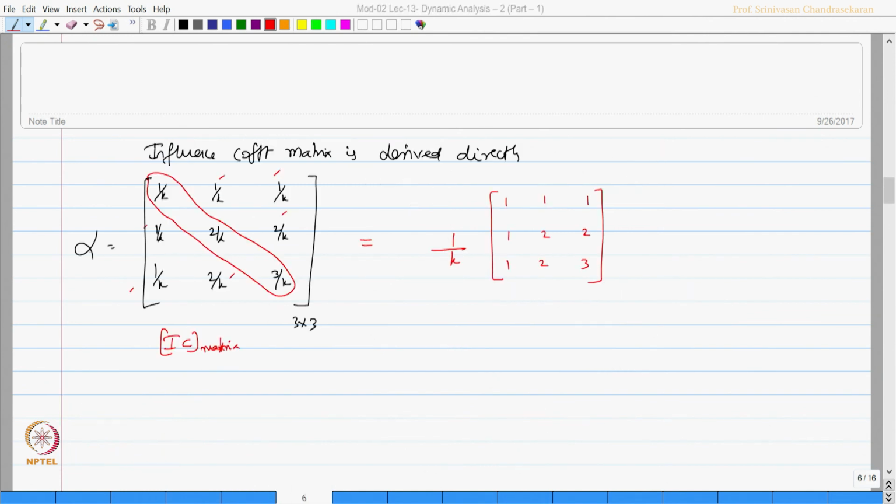So, now I have the alpha matrix, I have the mass matrix, which is m times of 1 0 0, 0 1 0, 0 0 1,